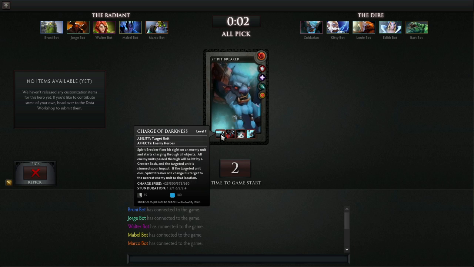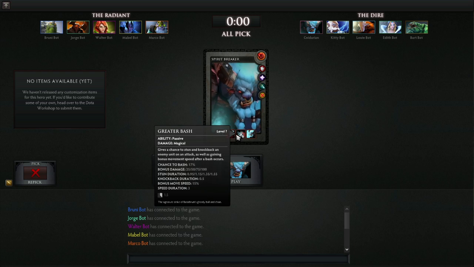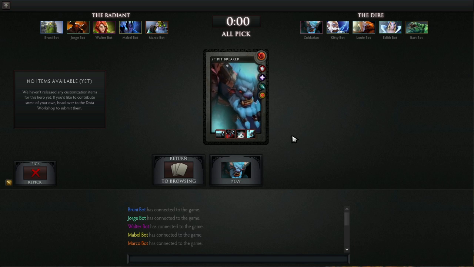And really, he's got the Charge of Darkness, Empowering Haste, and Greater Bash, and Nether Strike is his ultimate ability. So the 4th ability is always the ultimate ability from what I've read, and that ultimate ability comes at a later level. There's 25 total levels that you can get to with your character in a game, and of course it's much like